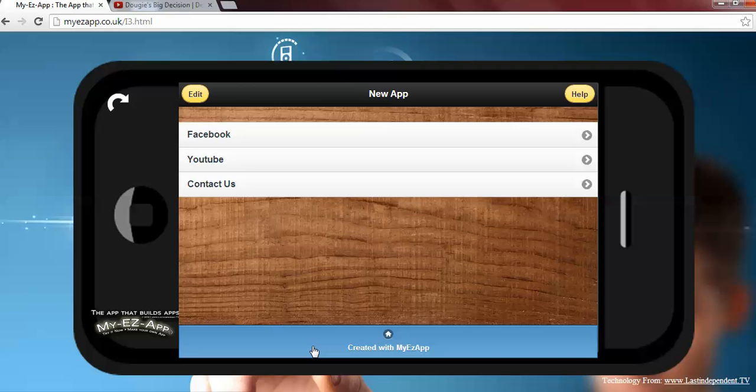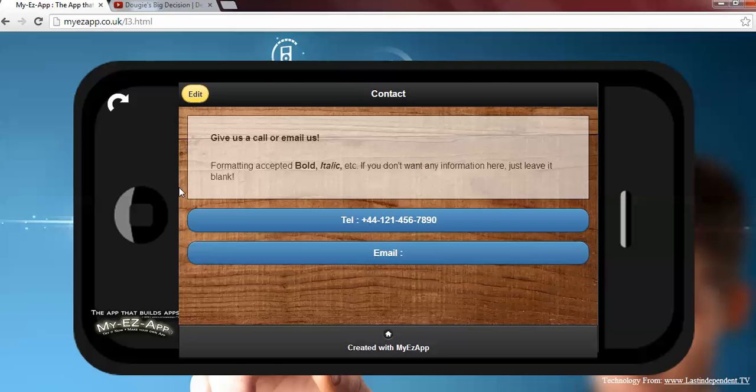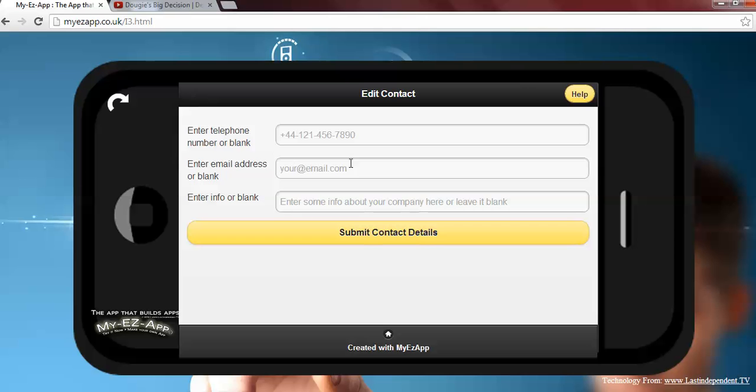The next thing now we'll have a look at is the Contact Us button. By default it's got an email address, a button that if someone touches it will phone you, and an About Us section of text. We can change this just by clicking Edit, and it really is as easy as putting your new information, putting a new telephone number, your email, and some text about you. And it's worth pointing out that this can be formatted,